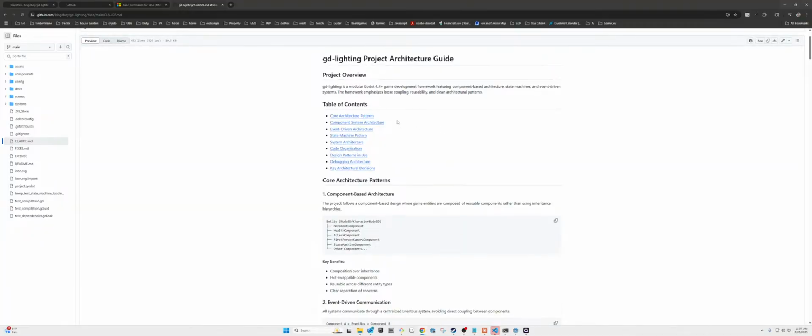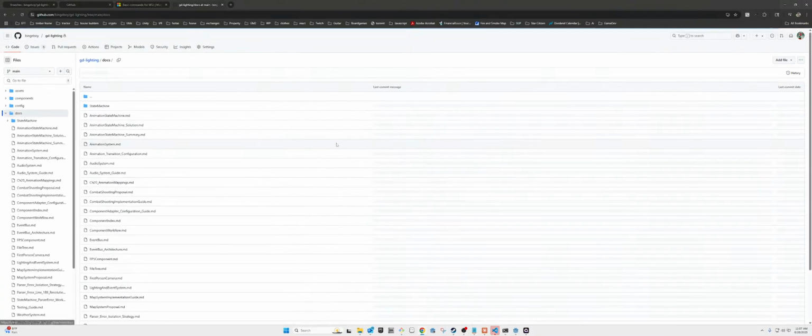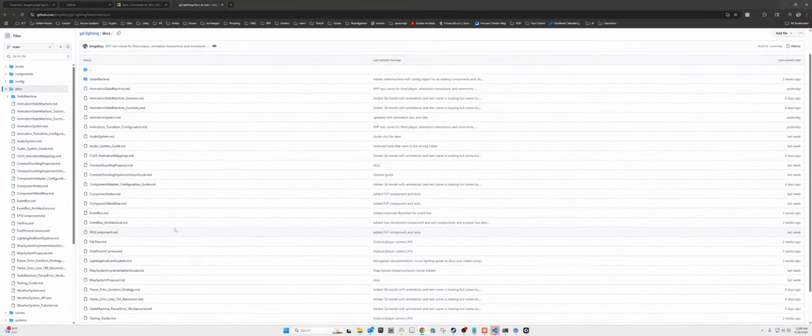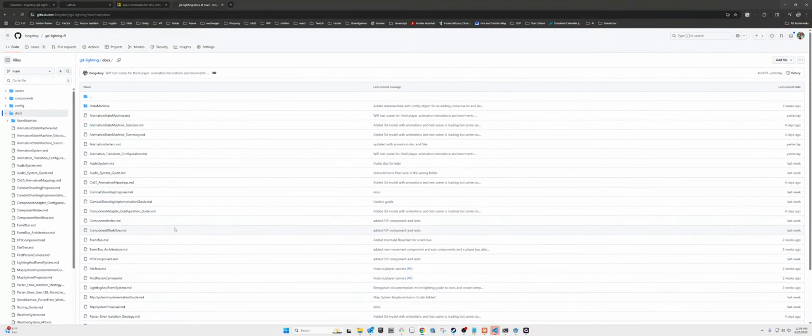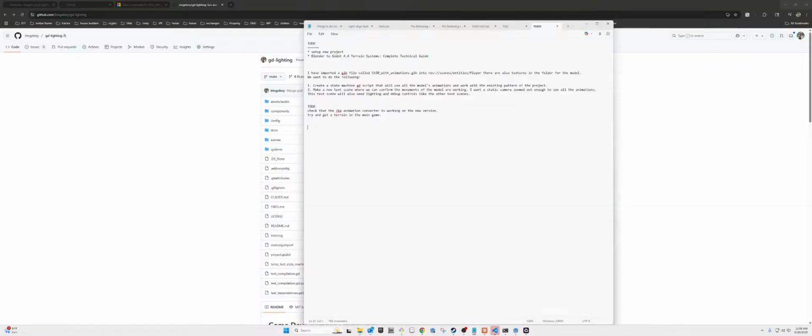Let's just run through it real quick. It's honestly like a breakdown of all the docs we have, and it's just a more succinct version of all of these documents. I gotta remove some of these docs too. I'm gonna add that to the to-do list. It's like a trimmed up version of